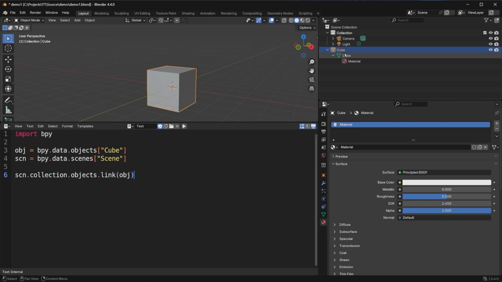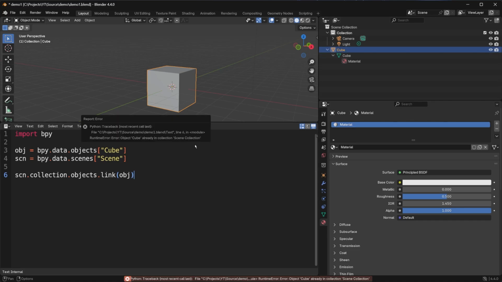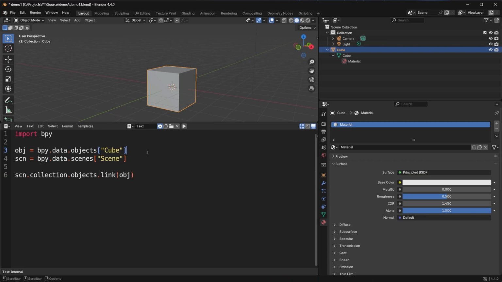Does it create a duplicate of this mesh? Let's just run it and find out. You'll see you get an error. Cube, the object, already exists in the context of this scene in the collection scene collection. But if we modify our script and do something more similar to what our original call was, where we did